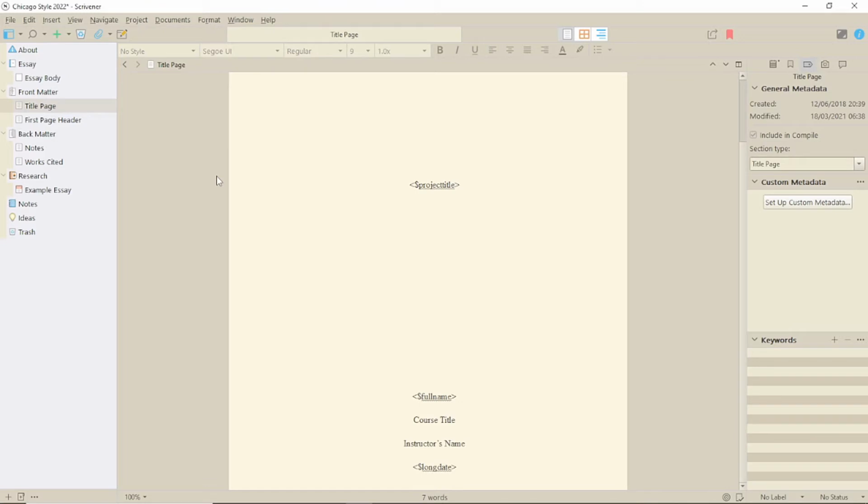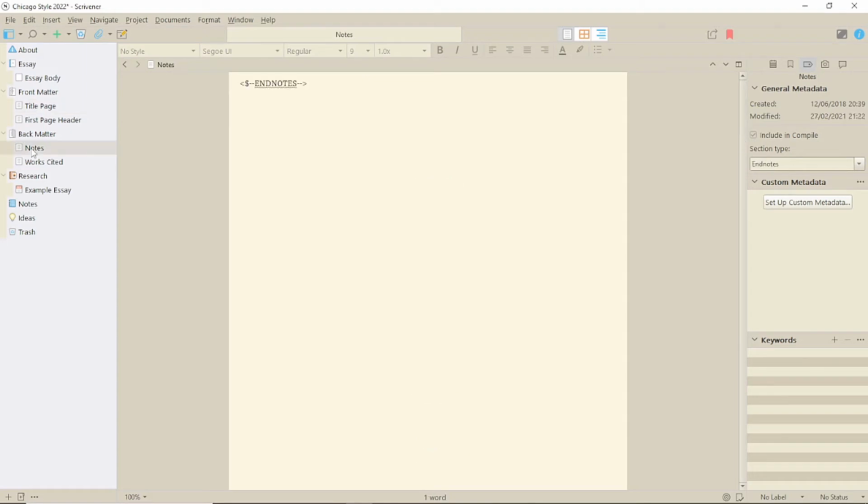The front matter has two different options for your introductory page. None of this information is taken from the author profile, although some fields are included. I assume this is taken from the metadata in Compile, apart from the long date, which will be automatic. We'll see that later. Other information will have to be overtyped. So deselect the front page you don't want in the inspector, or the Compile screen.